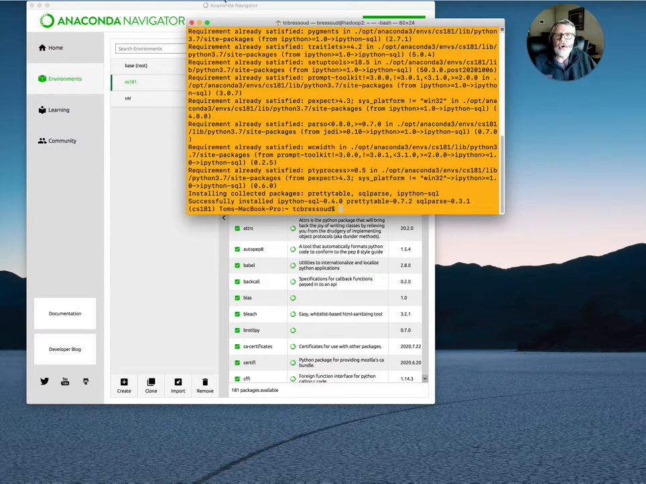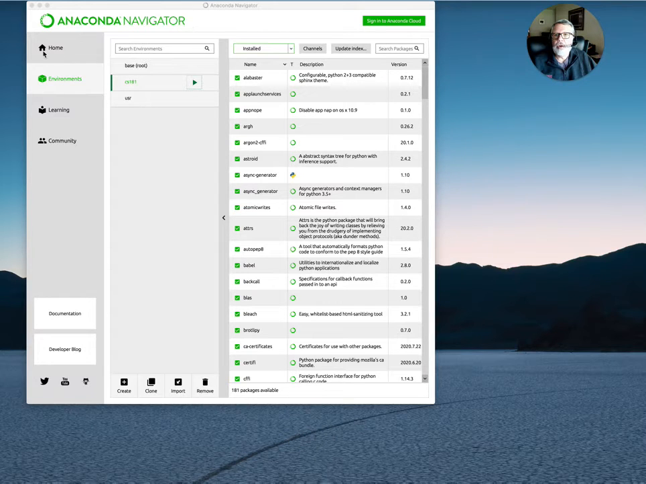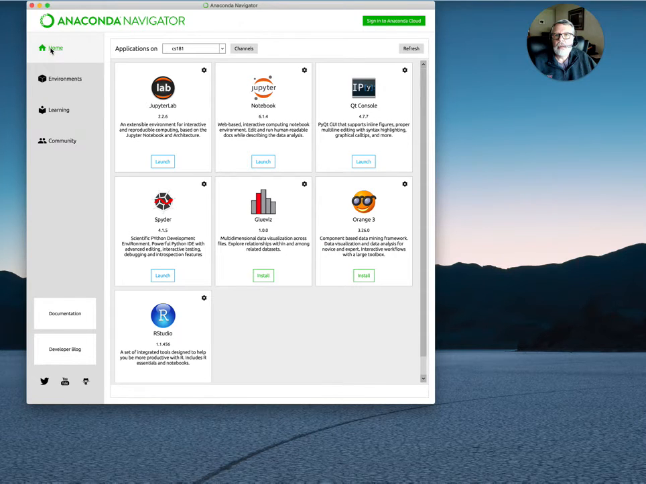Okay, and so we can close that terminal window, and now in Anaconda Navigator, I'm going to click on Home. And you can see that anytime I'm in Home, I can select which environment I'm interested in. So if I needed to go back and forth between environments, I could go back to base root if I wanted. The versions of things within that environment might change. The version of Notebook, the version of Jupyter Lab might change. I go back to CS181,